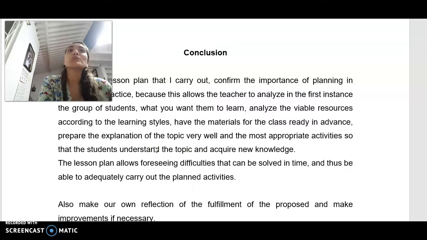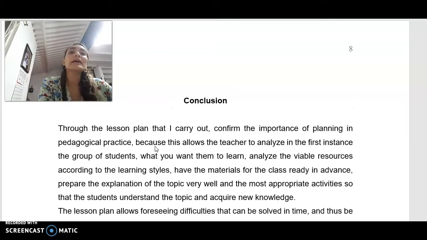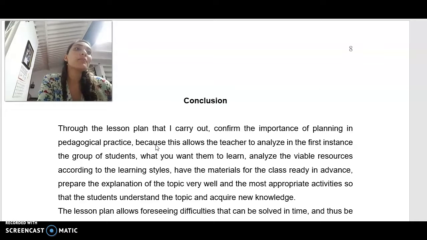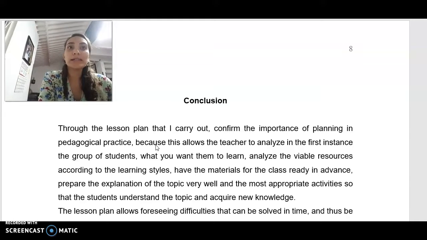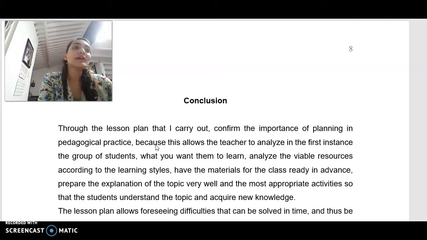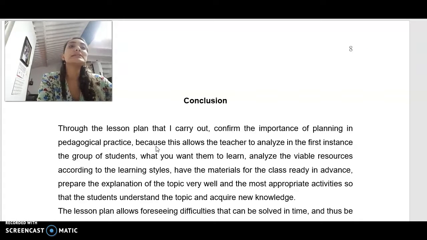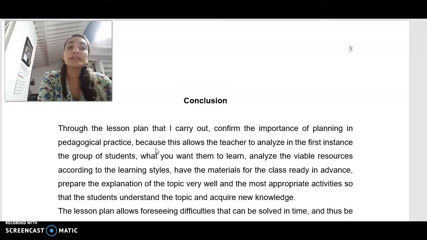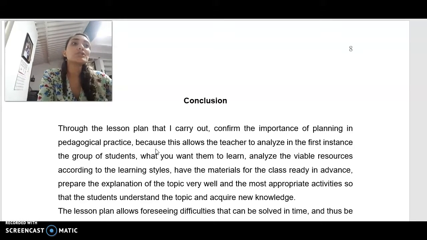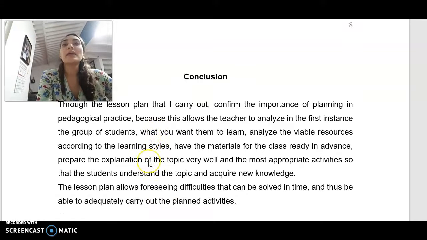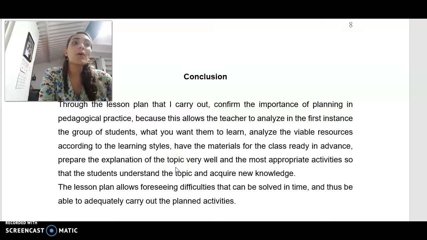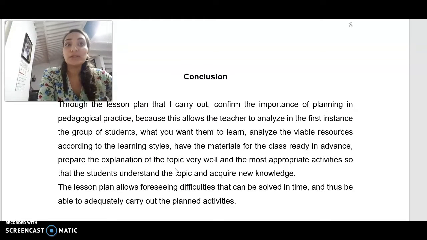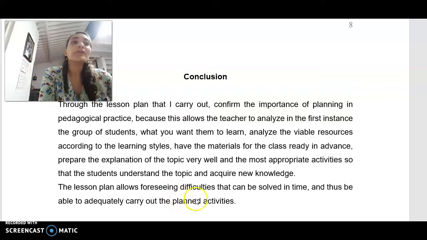In conclusion, through the lesson plan that I carried out, I confirm the importance of planning in pedagogical practice, because this allows the teacher to analyze, in the first instance, the group of students, what you want them to learn, the viable resources according to the learning styles, have the material for the class ready in advance, prepare the explanation of the topic very well, and choose the most appropriate activities so that the students understand the topic and acquire